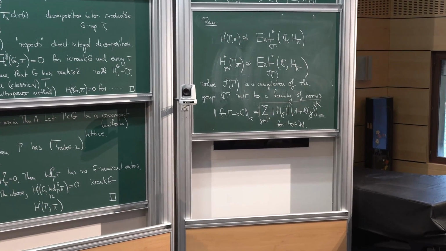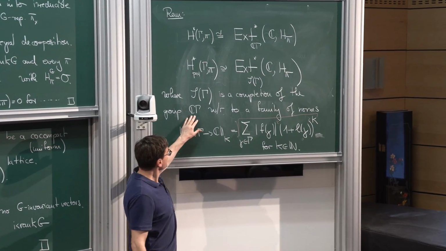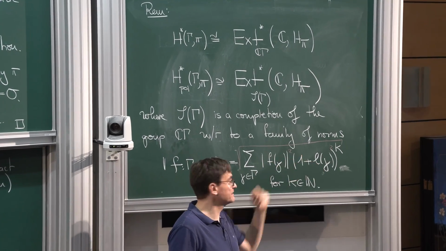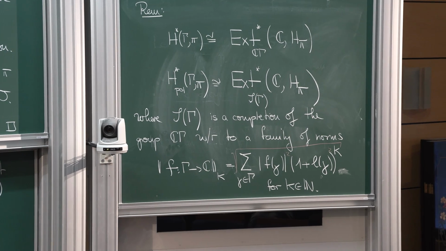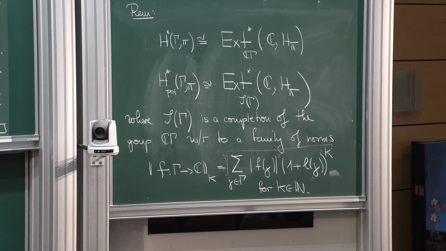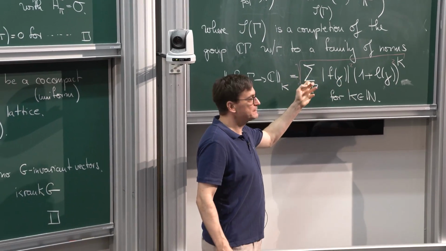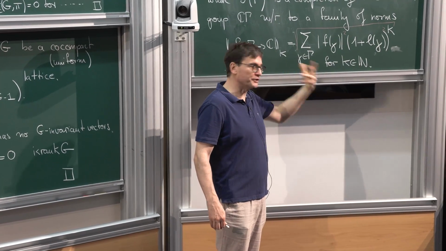And that is something that some of you might have seen. If you do that, you can also complete your C gamma. If you complete this for each individual k, you will get a Hilbert space. And it will not be an algebra. And if you do the completion with respect to all these norms, you will get a Fréchet space, which is not always an algebra,